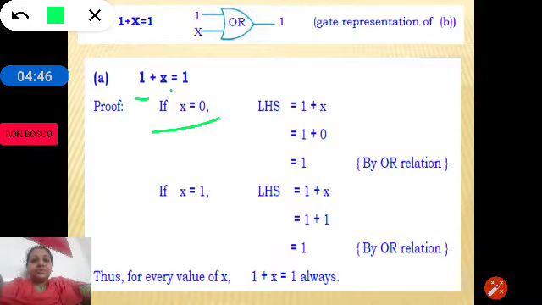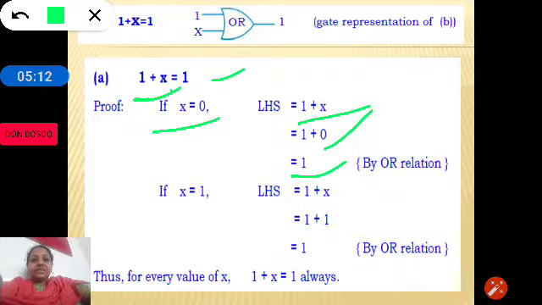If x is equal to 0, then 1 plus x becomes 1 plus 0, which is 1. So when we substitute 0, we get 1. So LHS is equal to RHS.